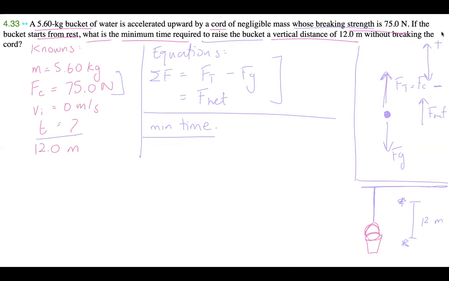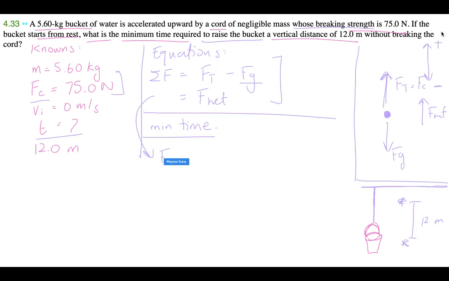Okay, so now the next step is that we have our equations. Because we want to find minimum time, let's flesh out our equations a little bit better and see if we can find time within these variables, right? So FT or FC, we have that right over here. So we're not really going to find time there, right? FG, that's just,